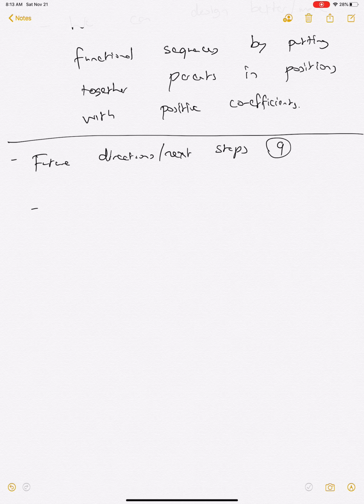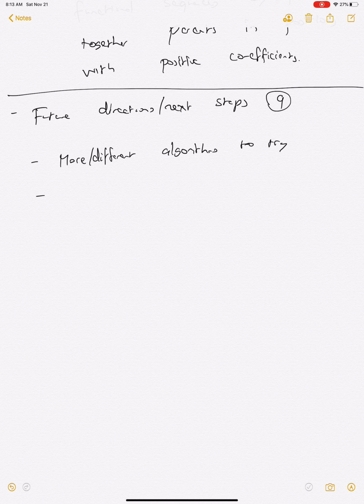Future directions or next steps could be more or different algorithms to try. Another one could be generating different or better